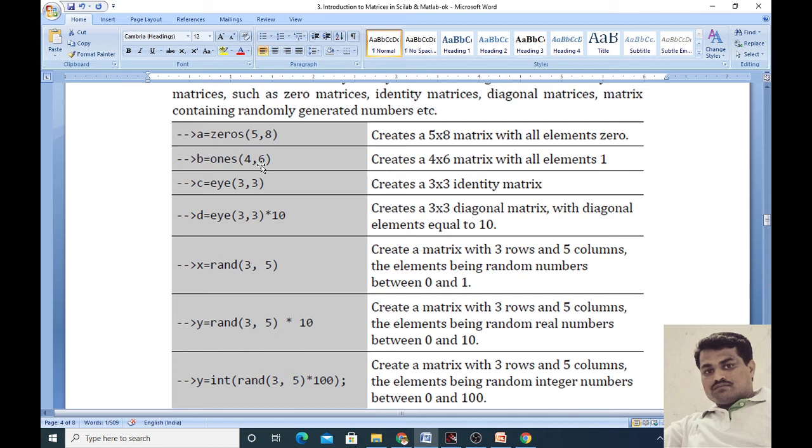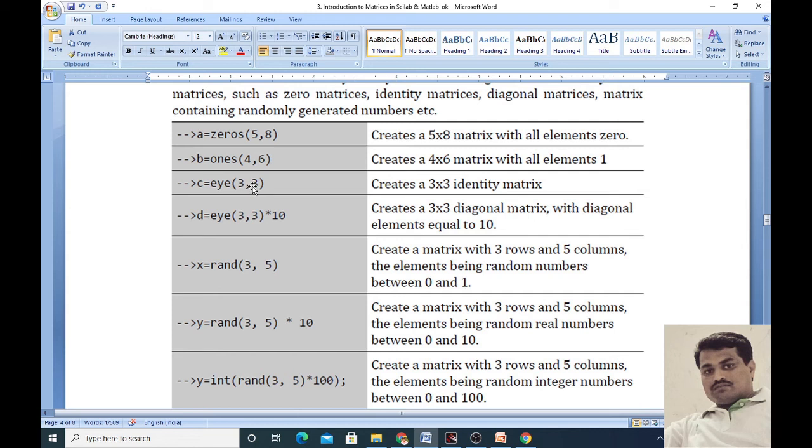Then we want the diagonal matrix, so here we see EYE. EYE 3 by 3 times 10 creates a 3 by 3 diagonal matrix with diagonal elements equal to 10. Before that, see the identity matrix. For the identity matrix the command is EYE.